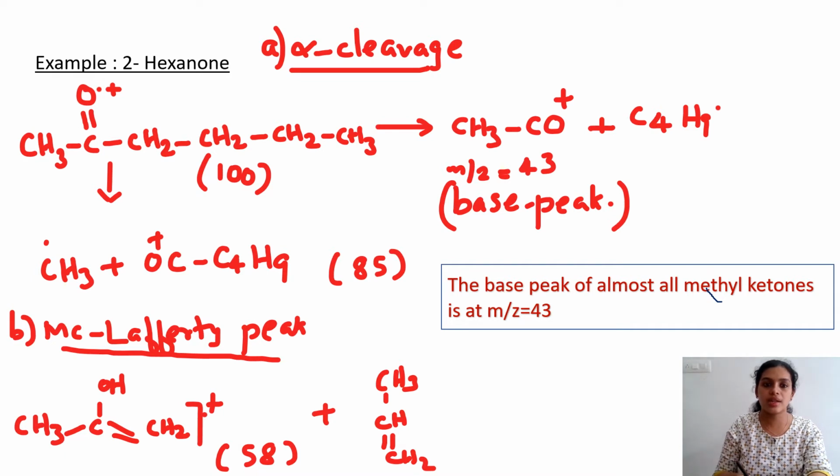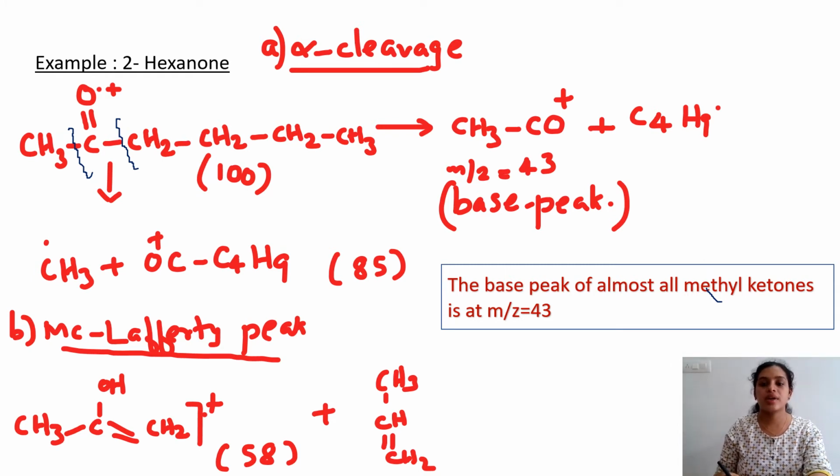To get that fragment, the fragmentation would have occurred here to give you C4H9 dot and CH3CO plus. In the second fragmentation, it would have occurred here to give CH3 dot and the resulting plus. The m/z is at 85. And then the McLafferty peak is at m/z equal to 58,